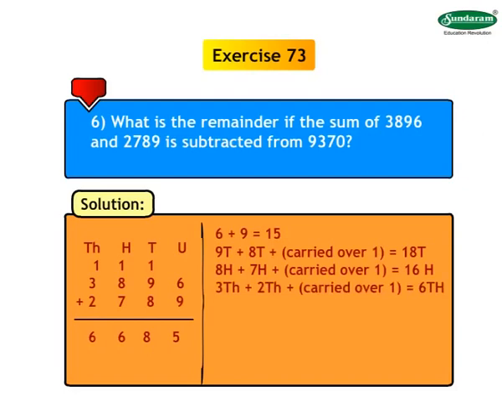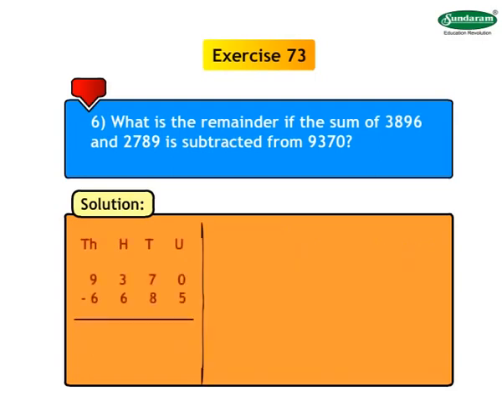Write 6 to the left of 6 in answer's place. Thus, 3896 plus 2789 is equal to 6685. It is given that this sum 6685 is to be subtracted from